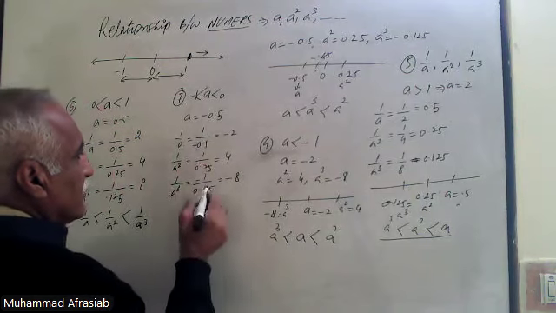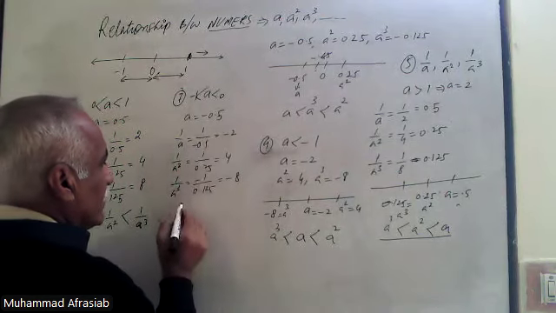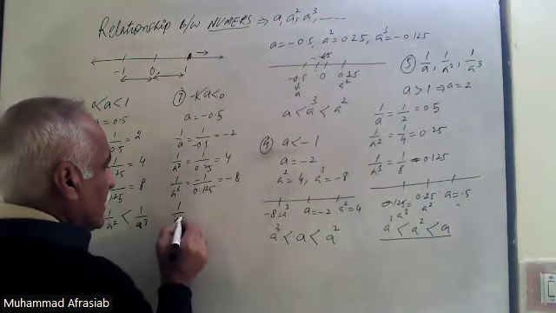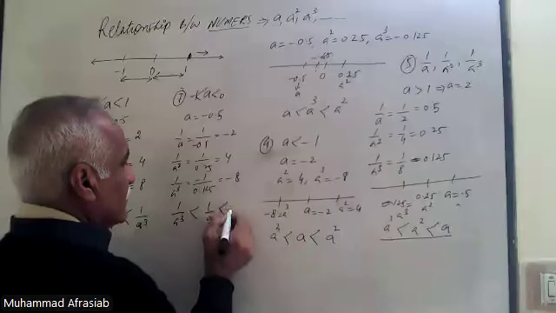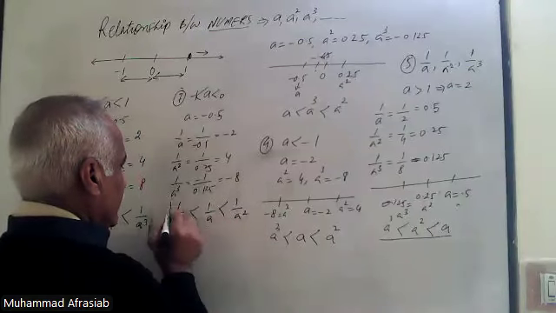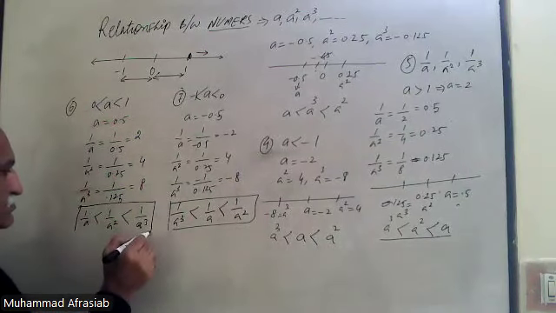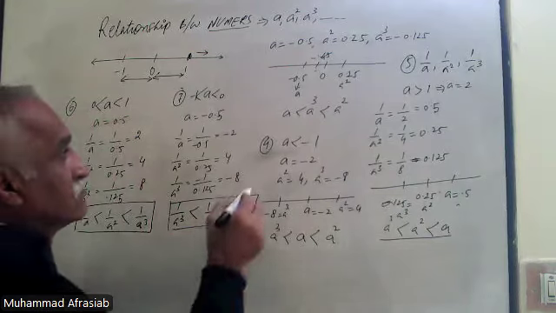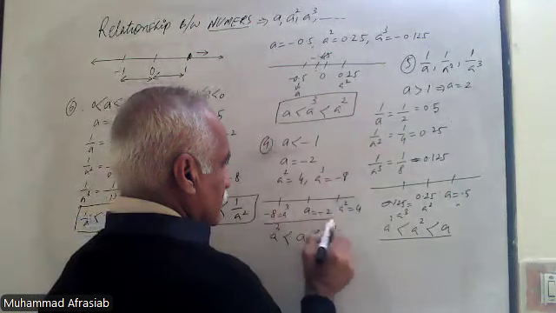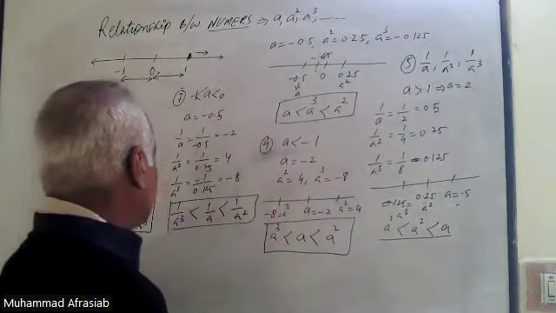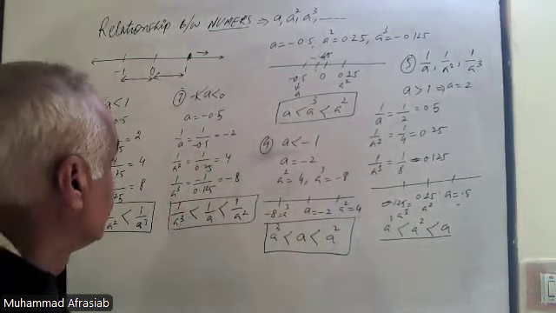So you have seen it there. -8 is less than -2 is less than 4. So we can write it like this, that 1 over a cube is less than 1 over a is less than 1 over a square. Now a lies between